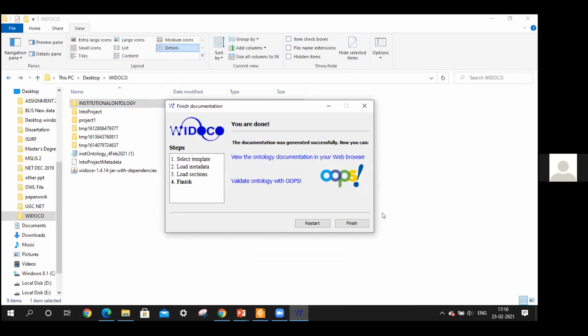Here is one tool, OOPS, the last one, you can see validate ontology with OOPS. This is also a kind of validator tool, which checks the consistency of your ontology. And it shows that everything is fine. So now you can say yes, finish it.